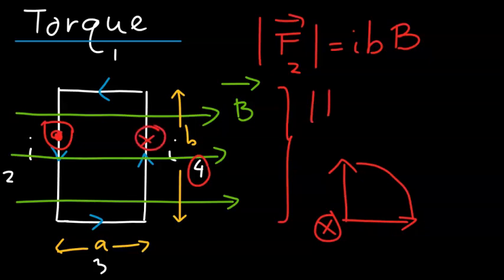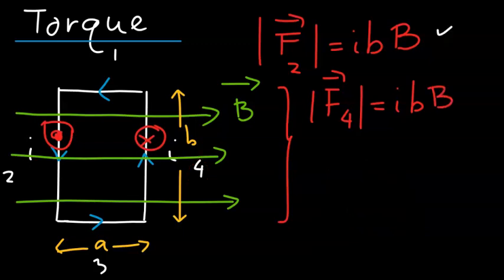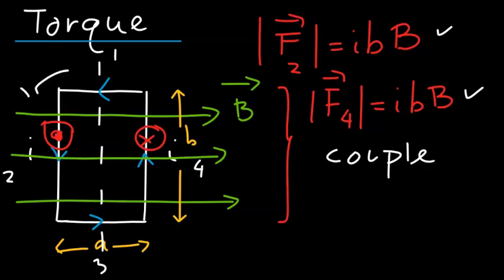And the magnitude of that force is still the same as for side 2. The only difference now is that it's pointing in an opposite direction. So when you have a couple of forces pointing in opposite directions with the same magnitude, we say we have a couple. And that couple of forces should be able to rotate this particular loop in the following manner, like that,